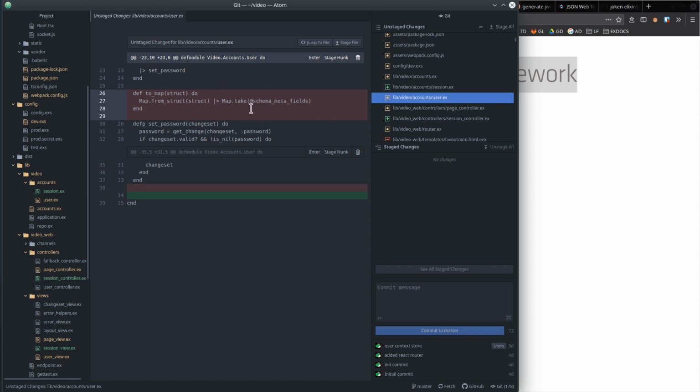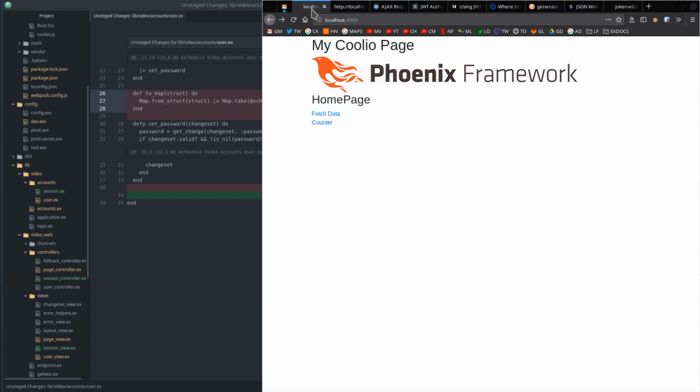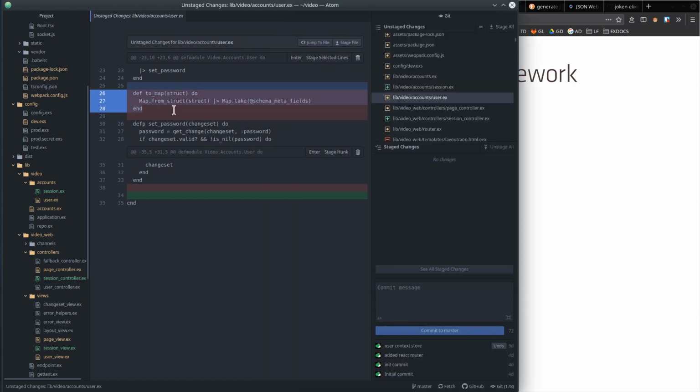If you guys remember, one of the big things I had trouble with a couple days ago was trying to output my user object to JSON, so that on the page it appears like this. I was trying to put the user on the page and figure out the best way of doing this, to have my user account with the ID, the email, and my name show up on the page. So one of the things I did was I wrote this toMap construct, and if I actually go to that file,